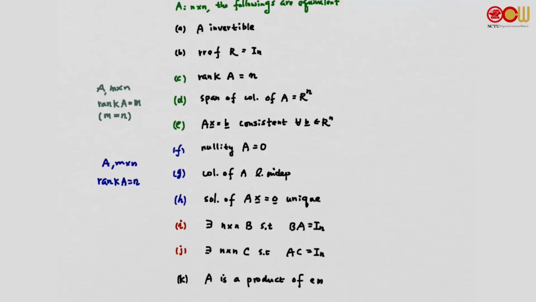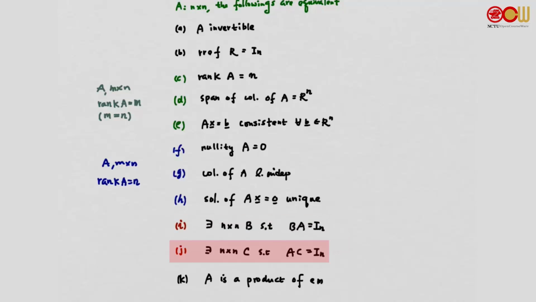What does I say? There exists an m by m B such that BA is the identity matrix. If there exists a B such that BA is the identity matrix and AB is the identity matrix, then B is the inverse of A, right? But now this statement has only half of it. There exists a B such that BA is the identity matrix. So it turns out we don't need AB to be the identity matrix to make A invertible. We only need an m by m matrix B such that BA is the identity matrix.